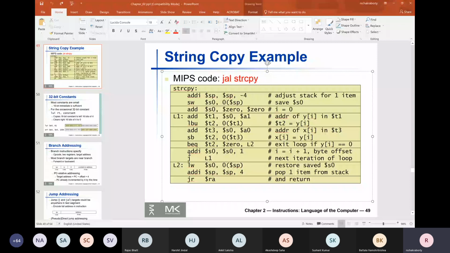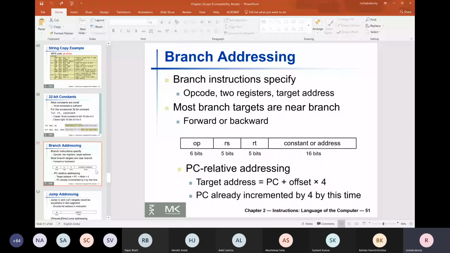So you only need to jump 8 bytes. That's not much. In most programs, the branches are relatively nearby, not too far away, definitely within say 100 bytes in front or 100 bytes behind.